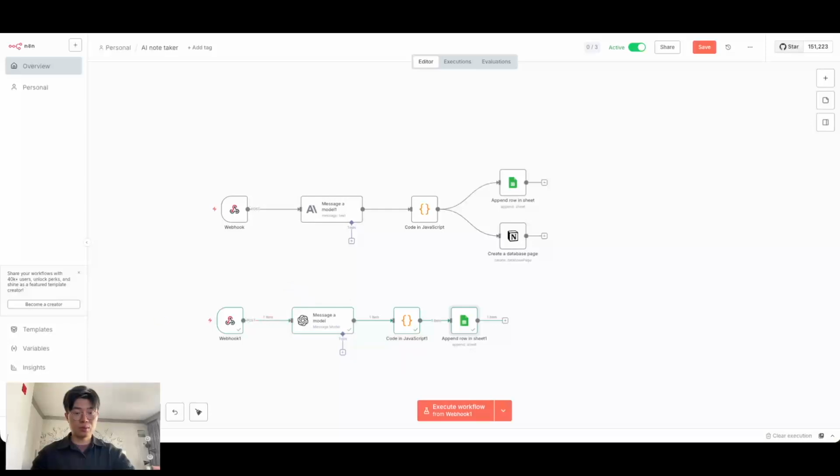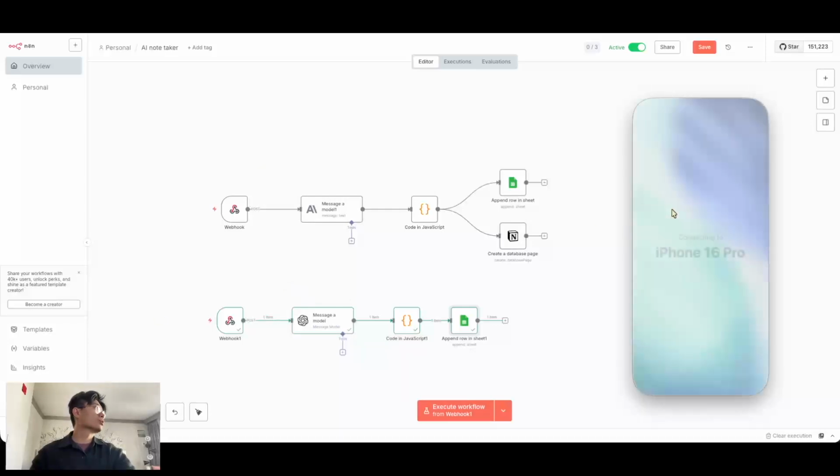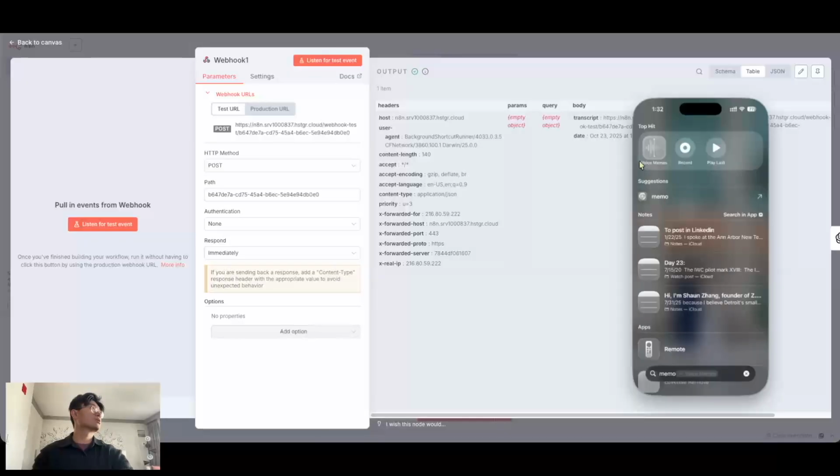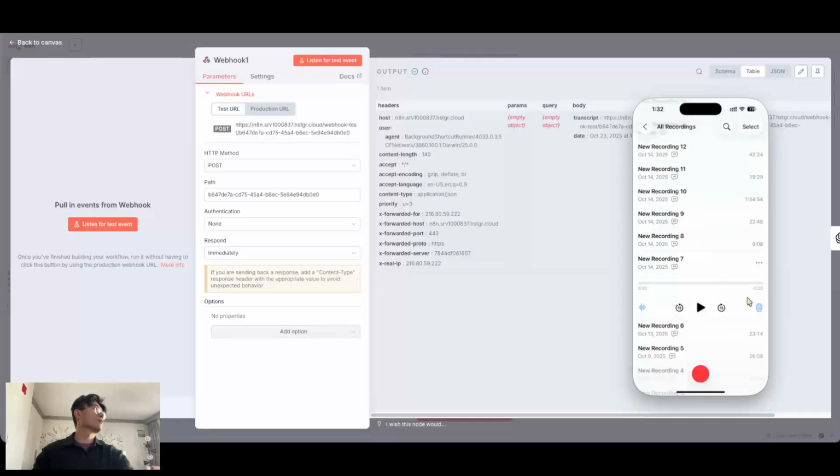But I just really want to show you guys an example. I just copied the other URL in the clipboard. So let me show you. Share, copy transcript,